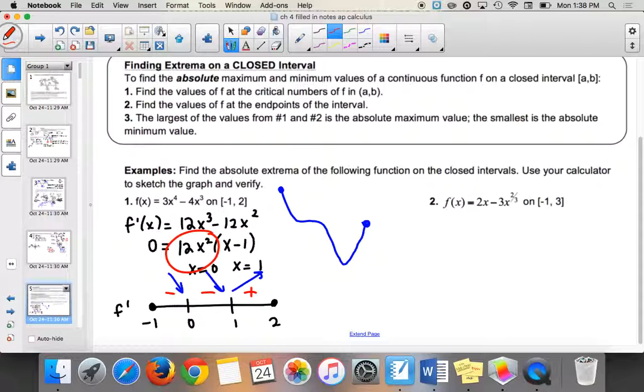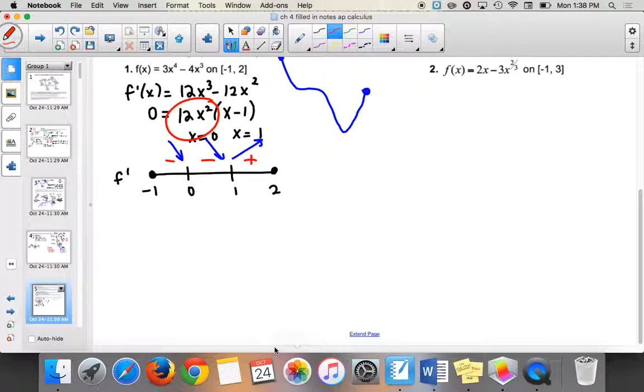So really on things where you're going to go back and plug into f of x anyway, you didn't actually have to do this up, down thing, right? But I know that I have possibilities. So what are my possibilities for the absolute max? There's 2 places that could be possible. -1 and 2, the endpoints, right? So this is going to be a max, and this is going to be a max. But I don't know which one's higher, so I would compare f of -1 and f of 2. But what about the absolute min? Do I know where the absolute min is? It has to be a min, yeah. So this is going to be a min, and it's the absolute, definitely. But let's find what the y value is.